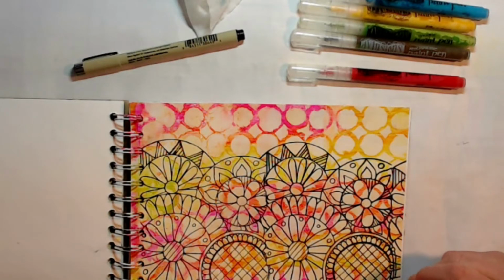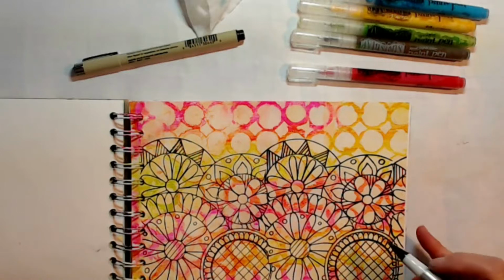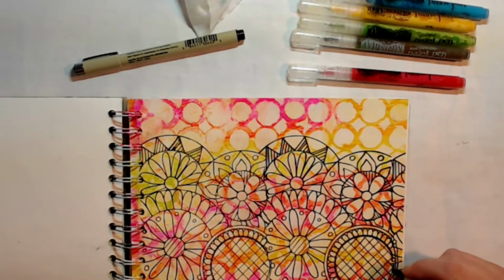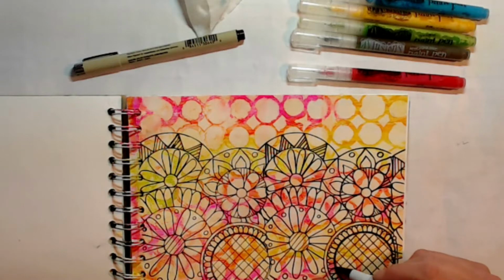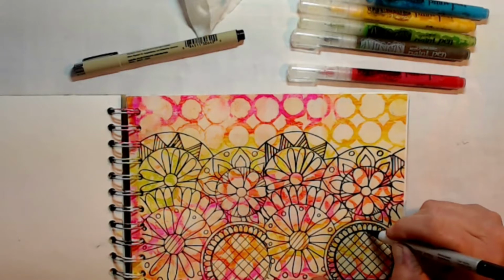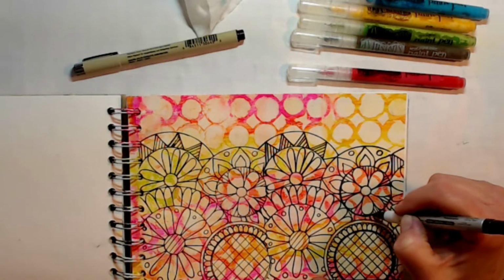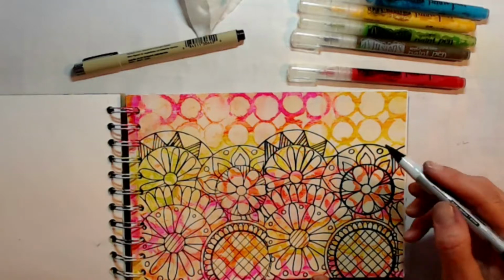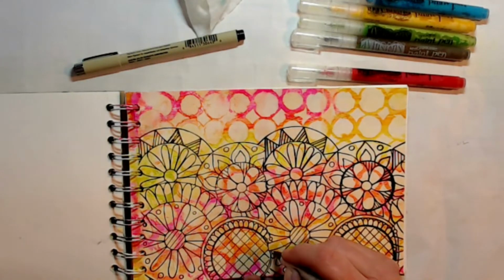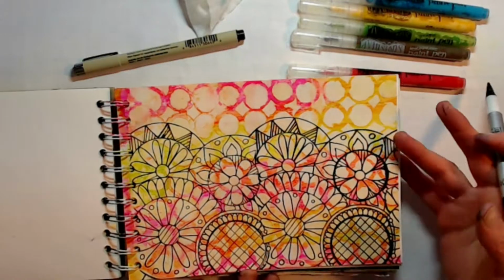This really looked Zentangle to me, this project. And if you're not familiar with that, I'll show you at the end of the video what I'm talking about. It's just another form of art. There's many types, and Zentangle is a really interesting thing. You can really get into it. A lot of times it's just black and white, but for me, I'm going to add a lot of color